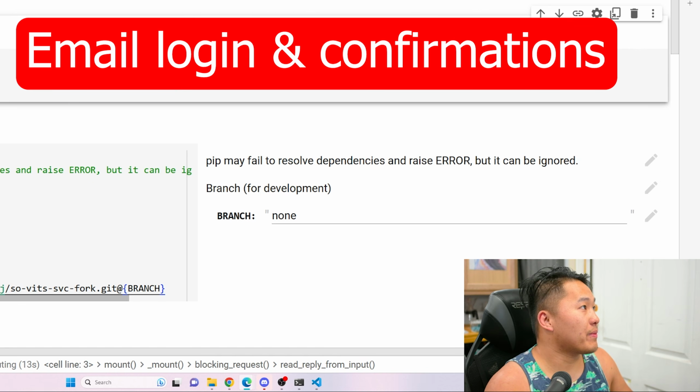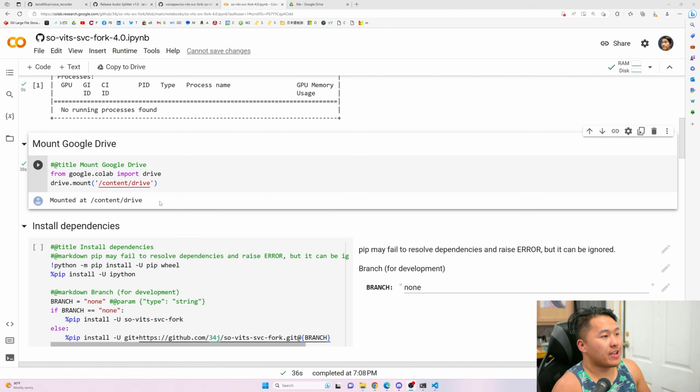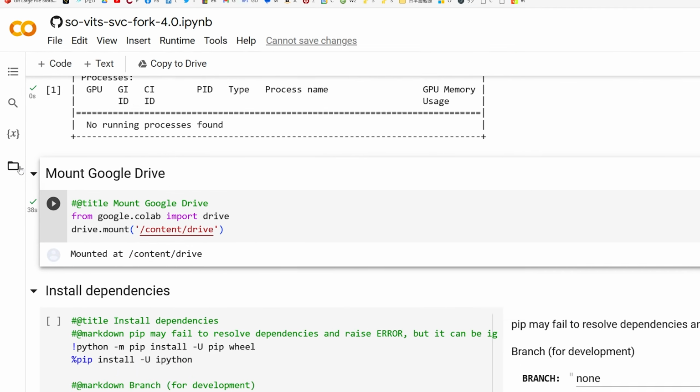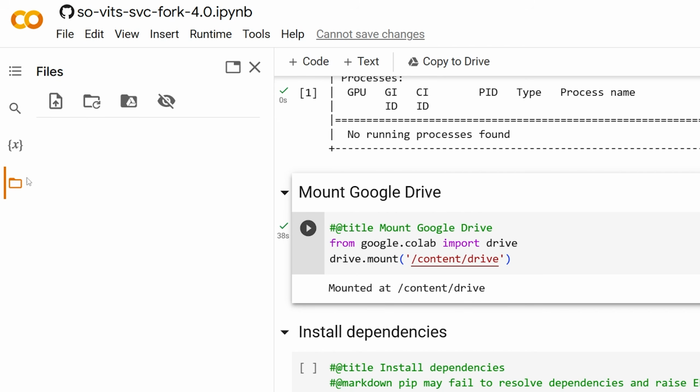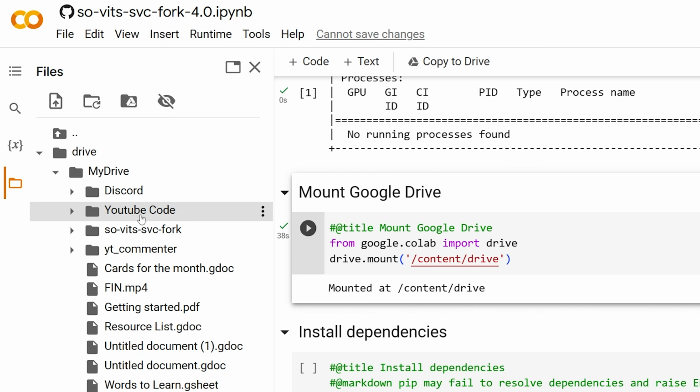The window's going to pop up here. Click on your email, and then you're going to go ahead, scroll down, and then click allow. All right, and you'll know that it's successfully done if it says mounted at content/drive. And to double check, we're going to click this folder in the left sidebar that says files, and then we want to make sure that it says drive here. So if you click on the drive folder and then you click on my drive, you'll actually see everything that's inside of your